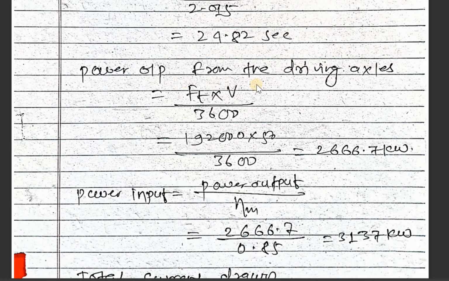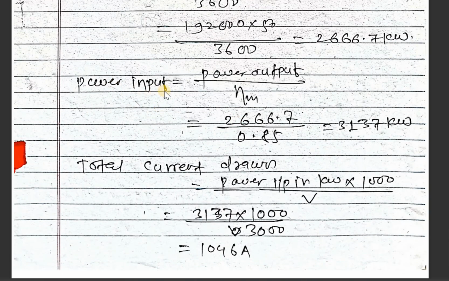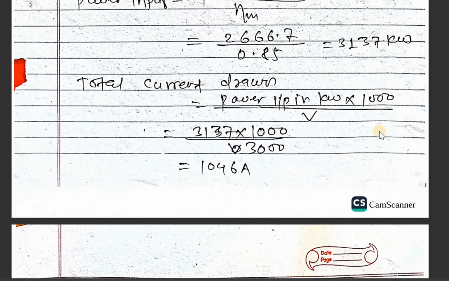And power output from the driving axle is Ft into V upon 3600. So 19200 into 50 upon 3600, that is 266.7 kilowatt. And we know power input equal to power output upon efficiency. So we have power output and efficiency, then we can get power input equal to 313.7 kilowatt, and total current